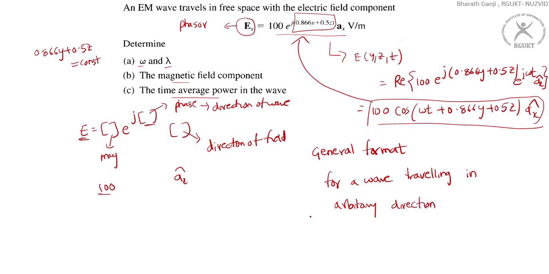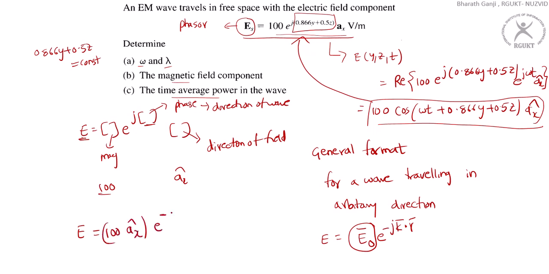So for a wave traveling in an arbitrary direction, I can say the electric field is given as E naught bar e power minus j k bar dot r bar. Okay, so E naught bar is a constant vector. So in our case, what is E naught bar? If I look at my electric field equation here, I can write the same thing as 100 times ax cap